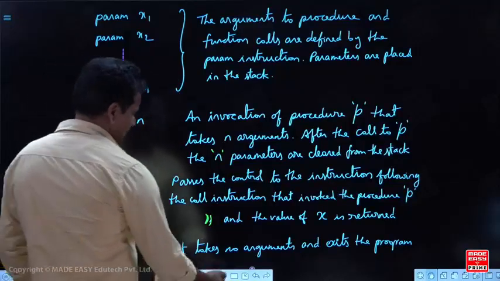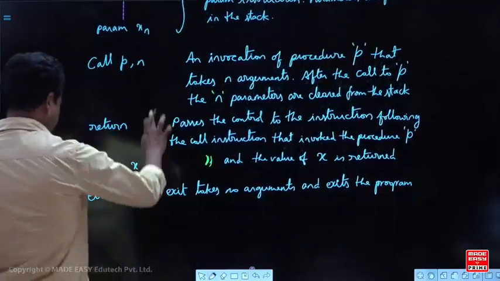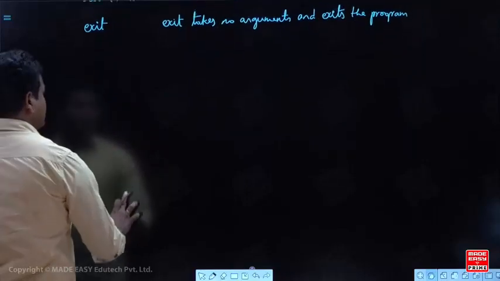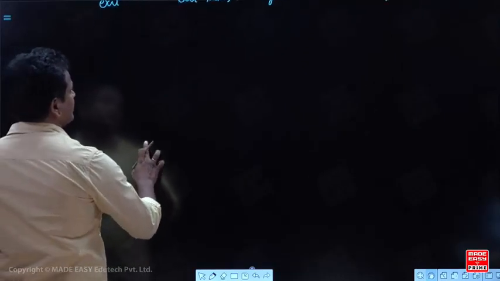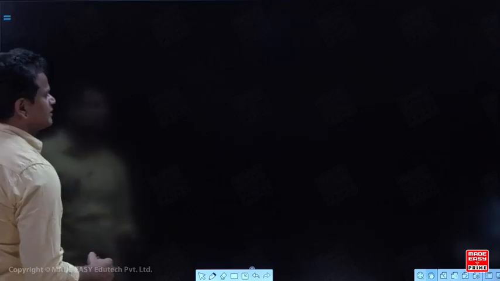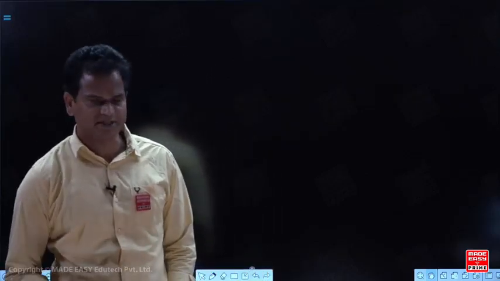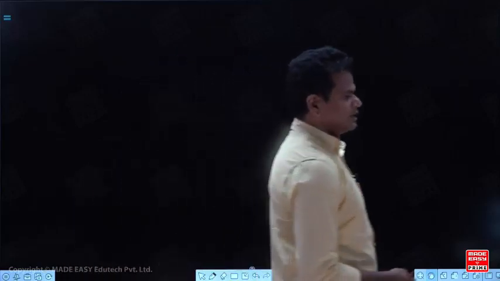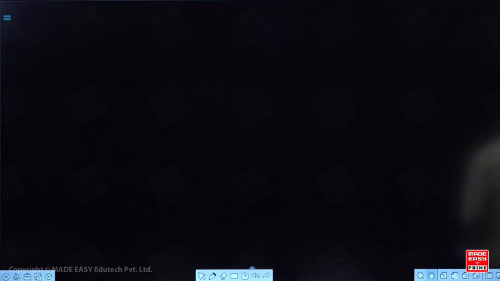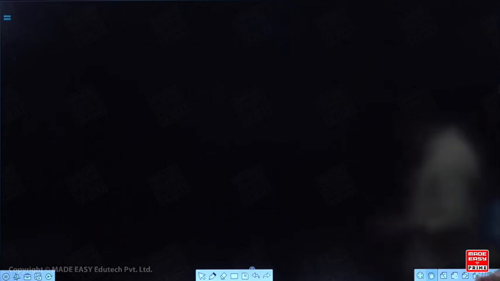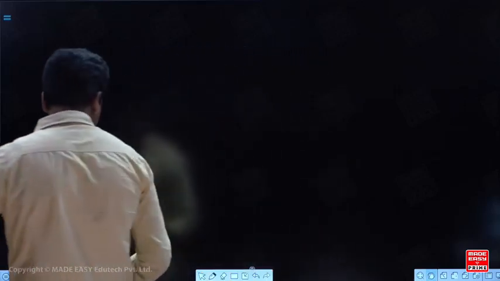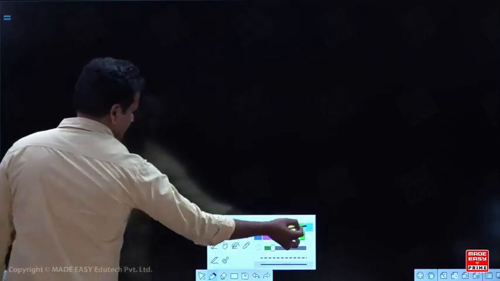Okay. Now, next we will see how to write three address code for statements or expressions. Take the question. Write a three address code for the following statements.